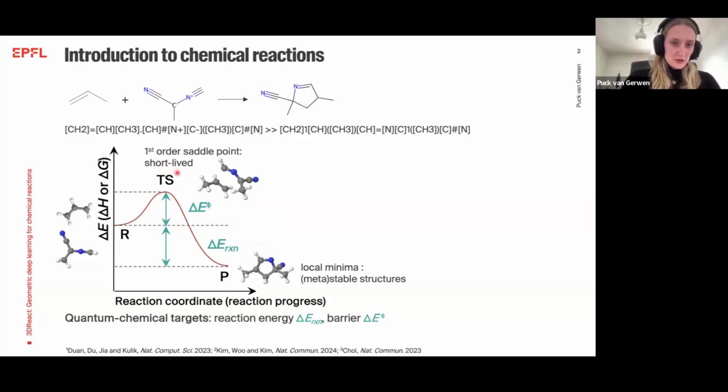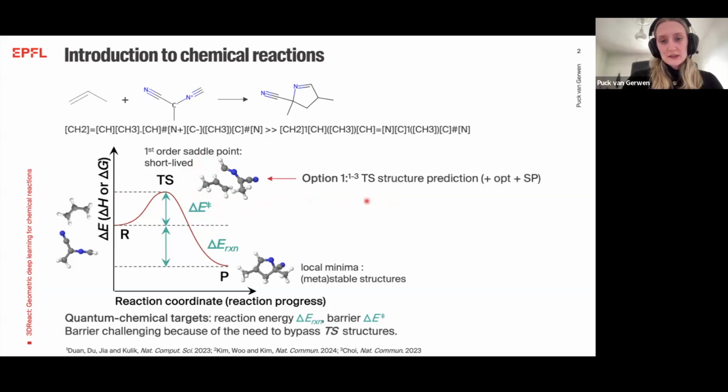The transition state geometry estimation is the most challenging step when you want to do a quantum chemical analysis of this reaction. Even obtaining a guess of this structure is very challenging. So in principle, you want to predict this barrier without any information about the transition state geometry at all. And this has led to two different approaches. The first is to try to predict this transition state structure directly. And I add this quantum chemical notation for the steps that you would need afterwards to get